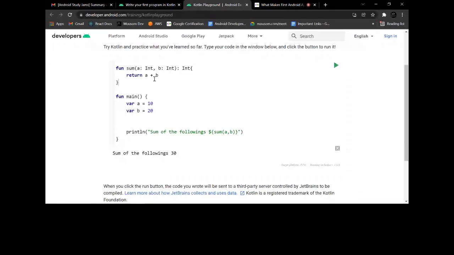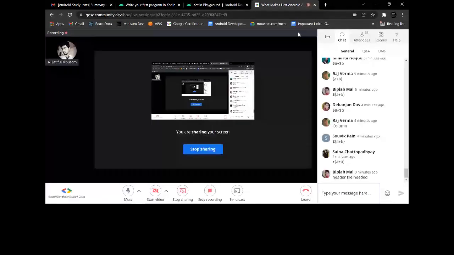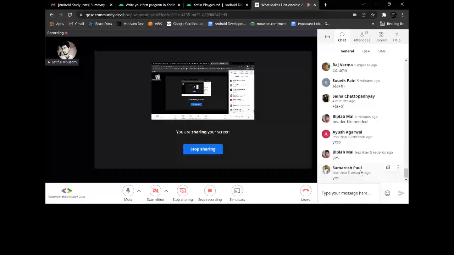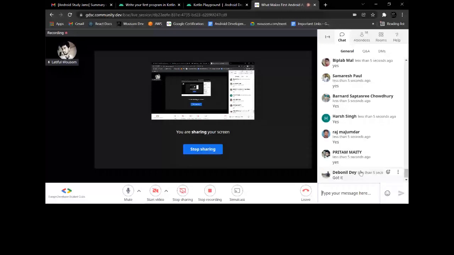That's why I have shown you that you can create your own functions with your own logic inside, and after that you just use your function anywhere in your code or in the main function to get everything done. I think most of you got the point. Anyone having any doubts can also ask. Okay, cool.